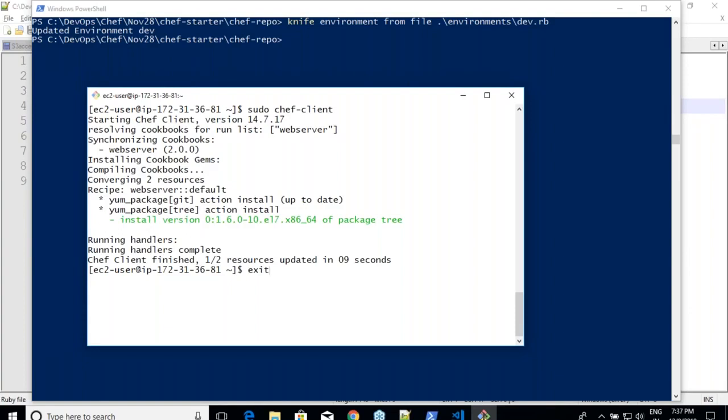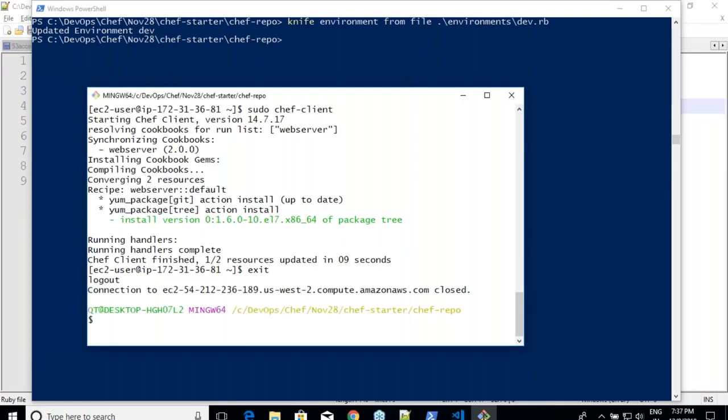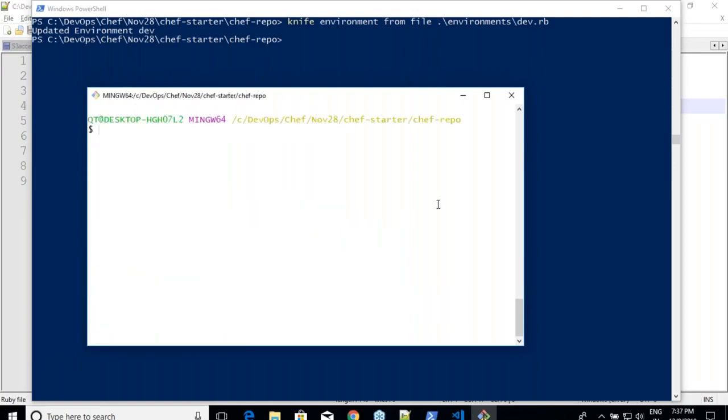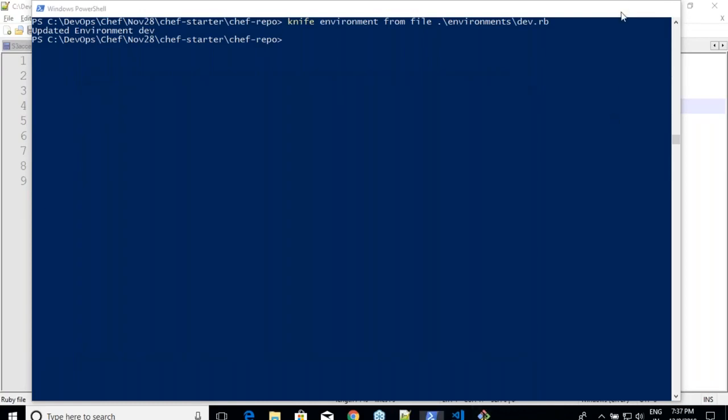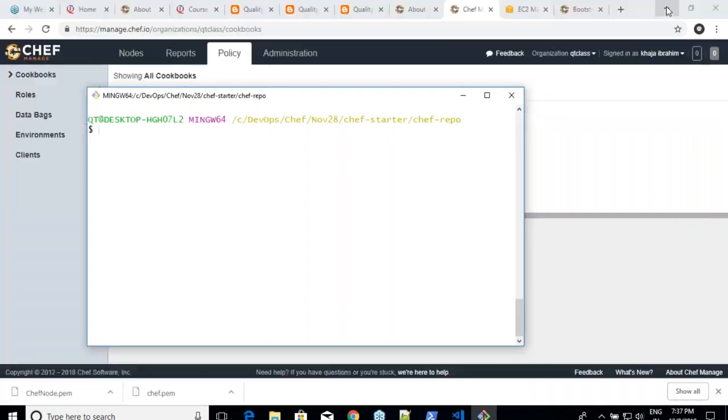I'll be changing the dev, first uploading or changing the run list, and then executing sudo chef-client and all of that. I don't want to get into that. You can execute this because you have understood what we are trying to do. Okay, good. So is this concept clear? Why we use environments and why we use roles and how we do them.